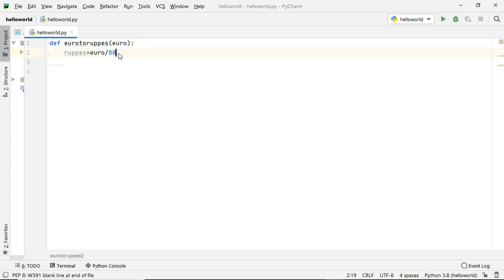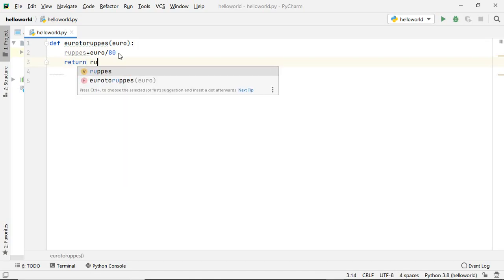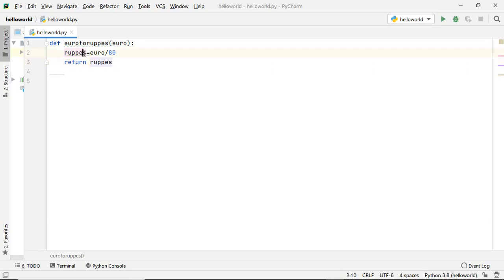So let's say we want to get rupees out of this function as a result whenever we call this function. So what we'll do, we'll use a keyword called return, and we'll return this variable which stores the value in rupees of this euro. So if you try to call this function and give it a value like maybe 10, and if you try to run this program,